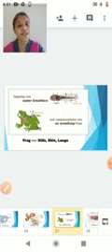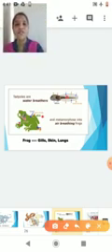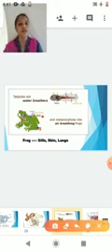Now here you can see in case of a frog. Frog is an amphibian. You can see that the young stage, that is the tadpole of the frog, is utilizing the gills for respiration, whereas an adult frog is using skin as well as lungs for respiration. It uses skin for respiration when it is in water, and it will utilize lungs for respiration when it is on land.